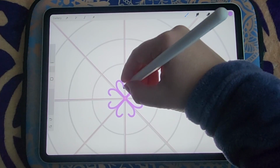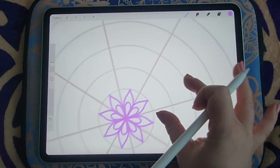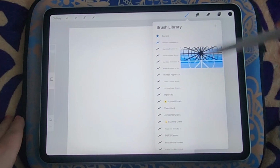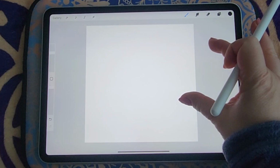So now I'm just demonstrating how you can use this template to draw your mandalas. I'm also just going to quickly demonstrate the complex template as well, but if you have any questions about how